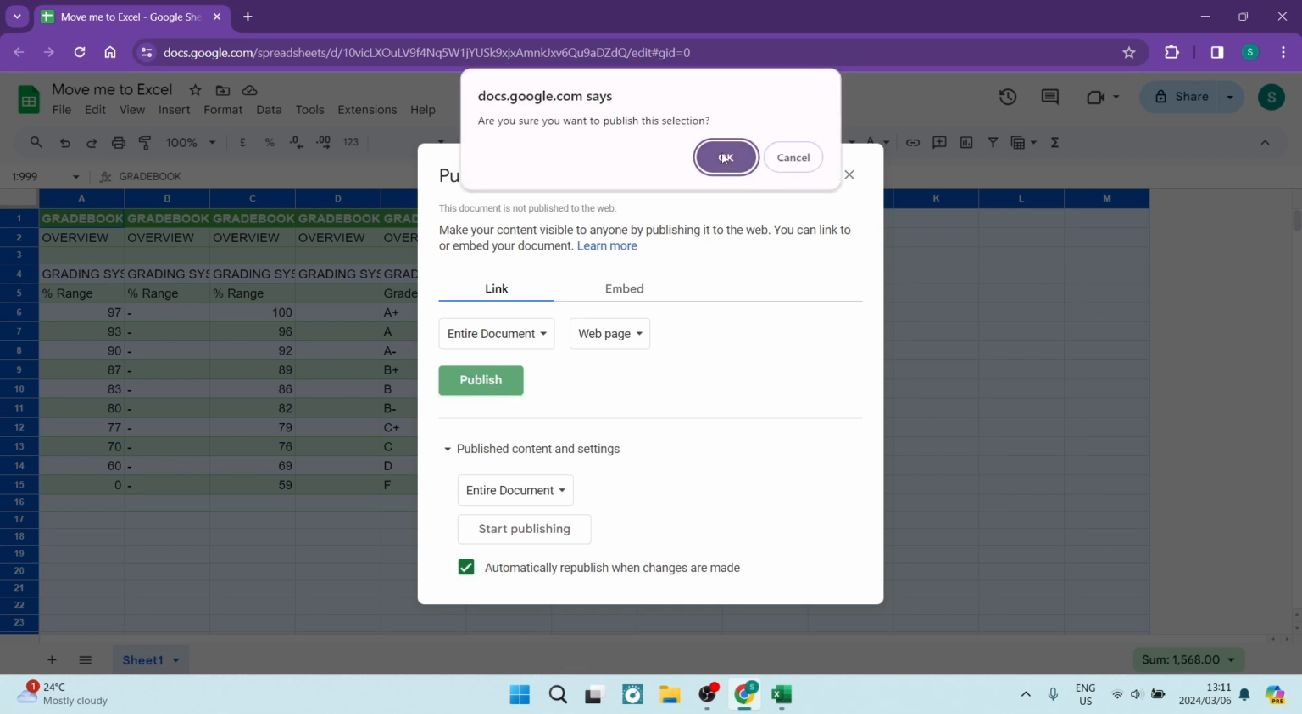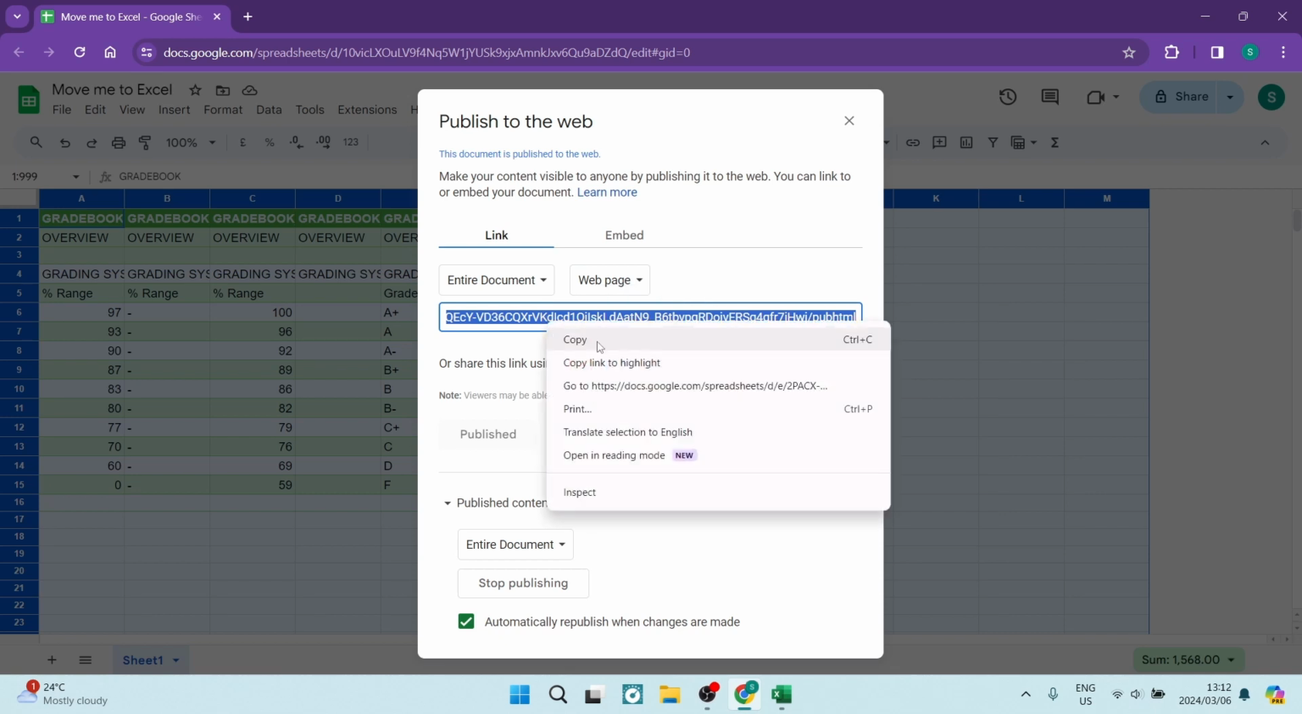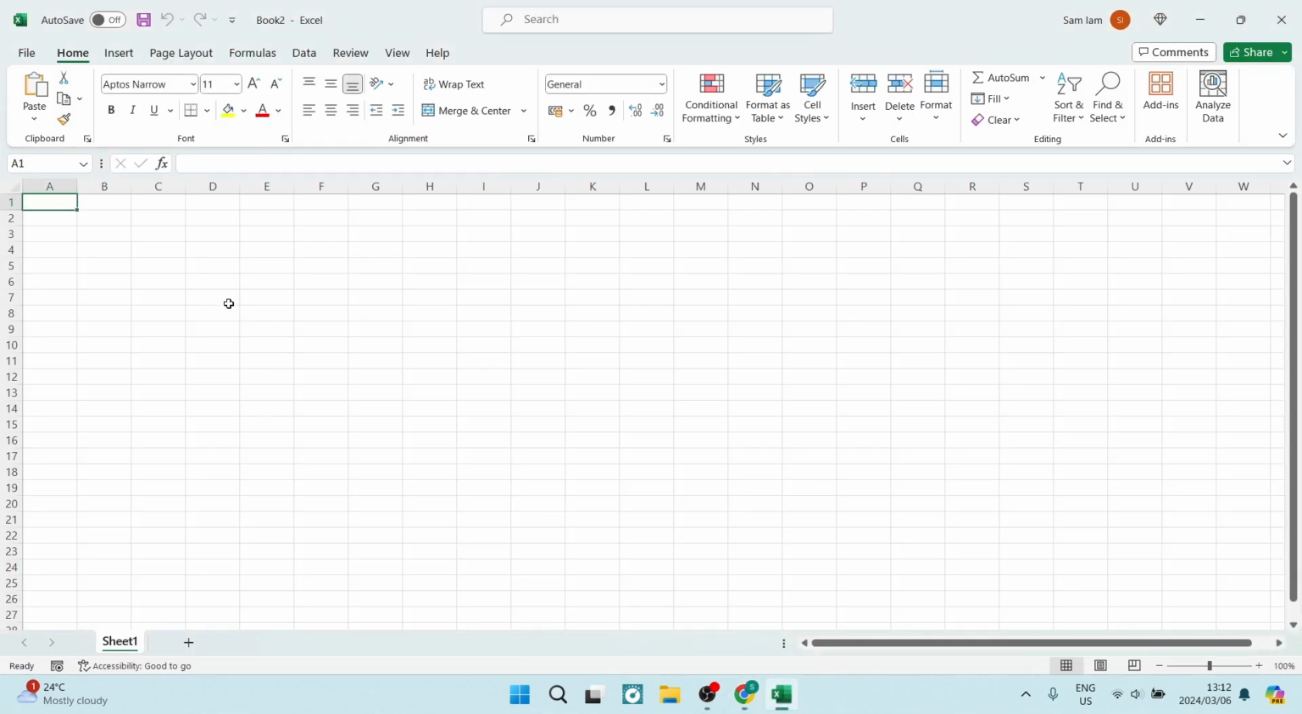Here you want to just click on OK, and it's just double checking that you want to actually do the transfer. You can see here now that there is a link, and we just want to hold in Control and tap on C, and we're going to copy that link. Alternatively, you can right click and click on copy. Now from here we are going to go out of here, and we're going to open up a new document